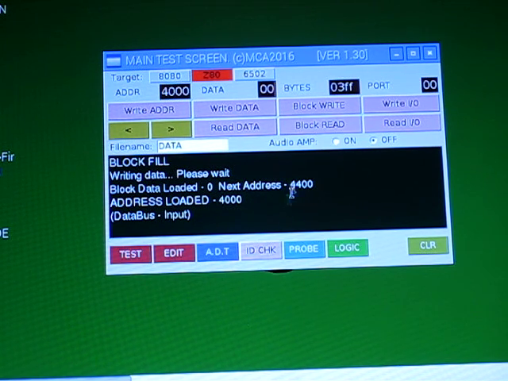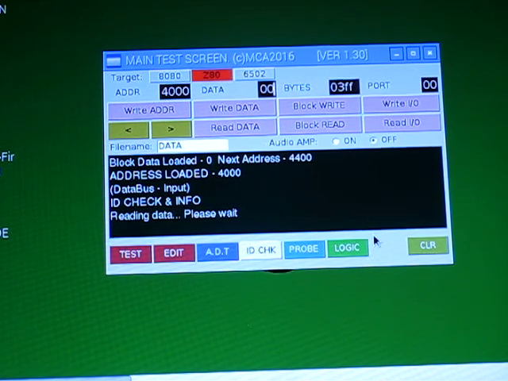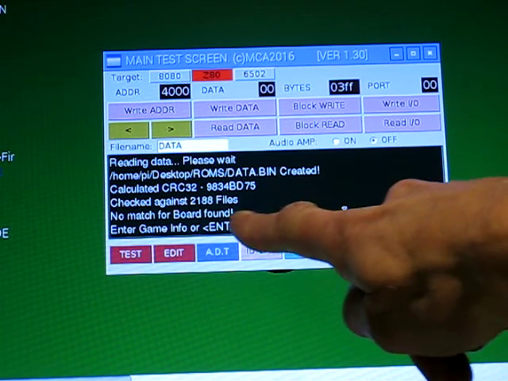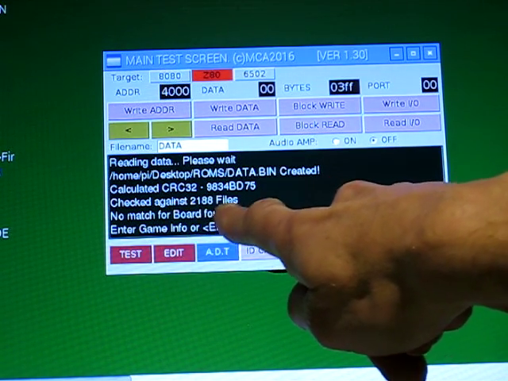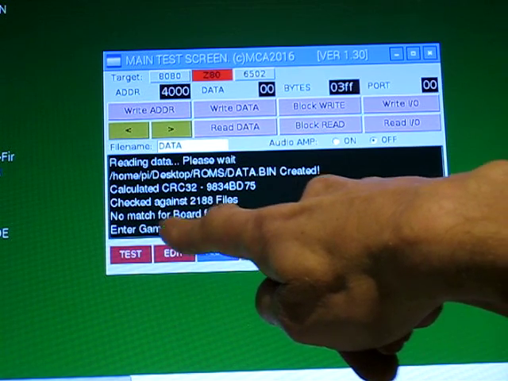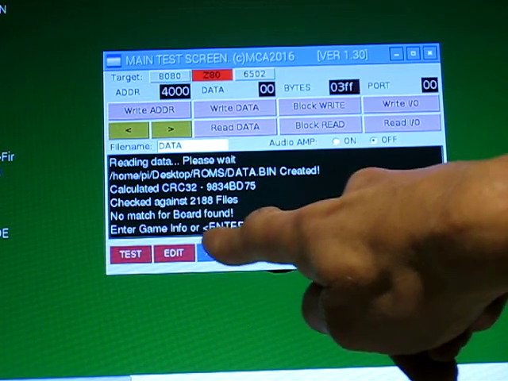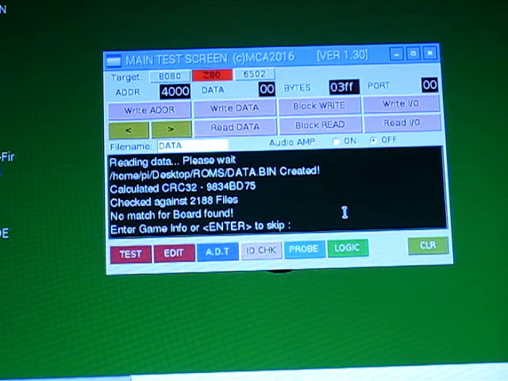You can apply this to any block, it doesn't matter what address it starts at, it works on the amount of data, so the bytes are still going to be set to 3FF, but we've changed the start address in this case. So we do the same. Now if the RAM was absolutely fine, it should pass and come up to say that, but on this occasion it's not, and the RAM is faulty because it says checked against all the files, 2188, no match for board found, enter game info or enter to skip. I don't want to